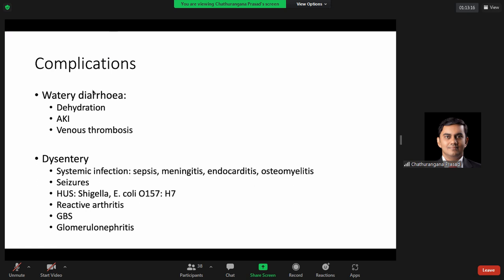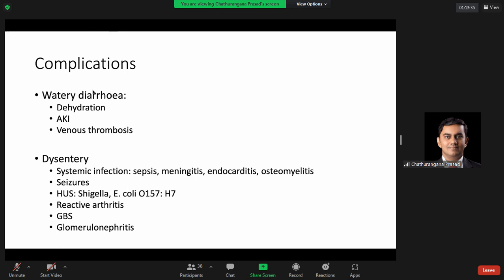Although it's fairly uncommon, we used to see 1 or 2 cases every month. I mean, these days, of course, we don't see many patients, but we used to get at least 1 patient with hemolytic uremic syndrome. There is something called reactive arthritis,